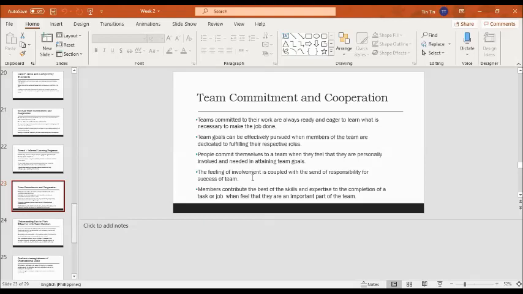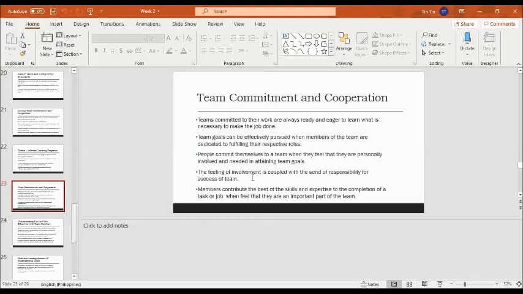Kasi doon mawawala yung commitment ng isang empleyado. So that's why as much as possible, actually it is a must, no, na yung members or empleyado ng isang institution or ng isang company, okay, ay dapat iparamdam natin na sila ay importante or they are part of the